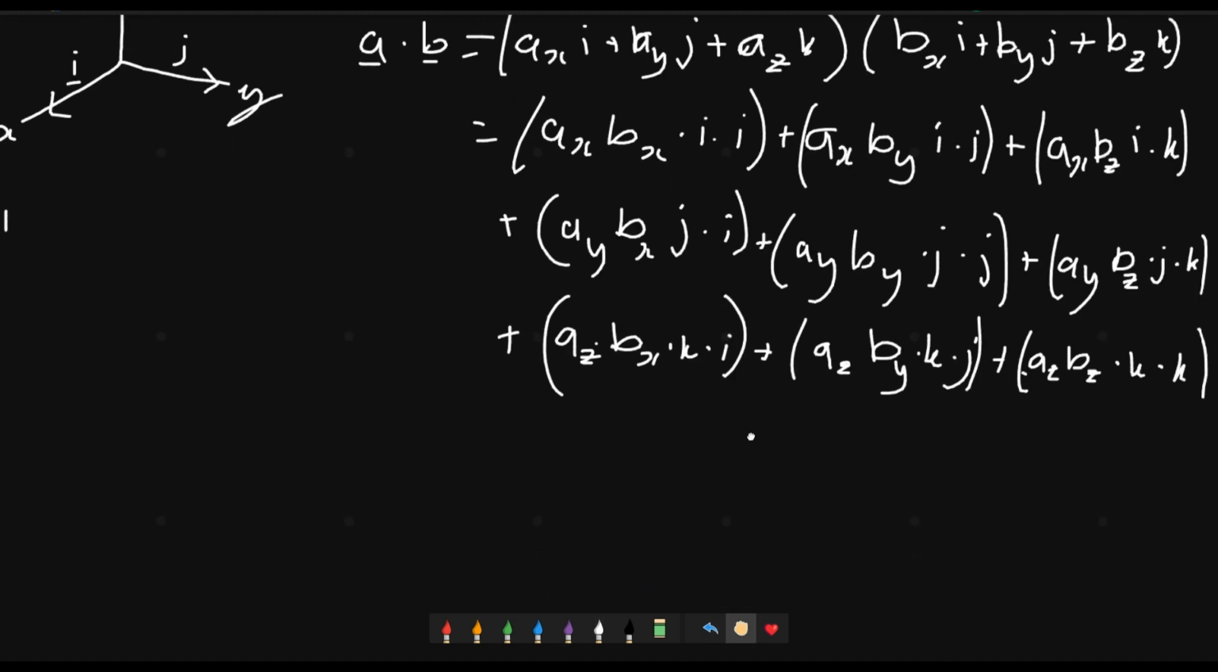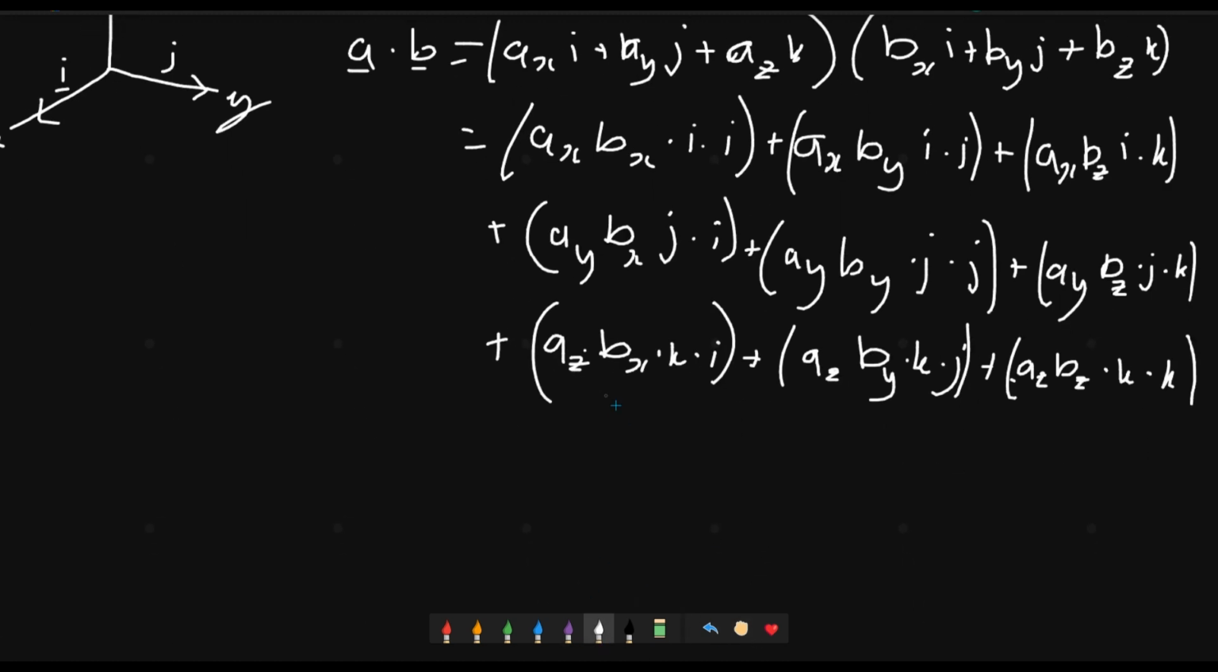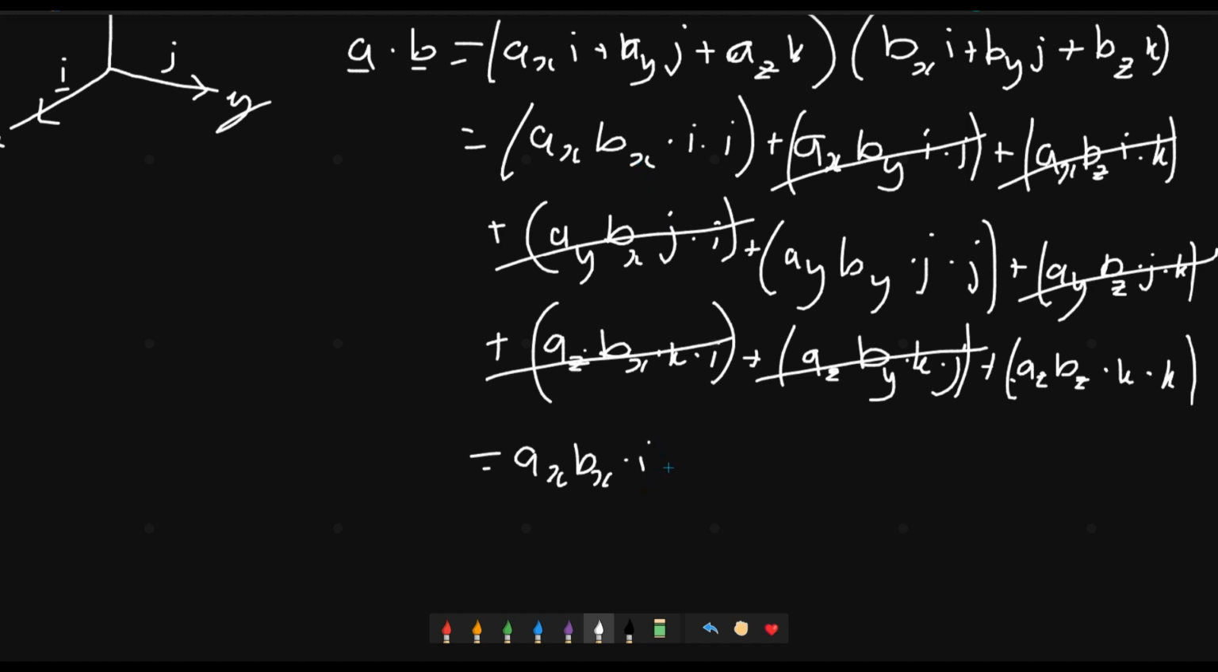Okay, so from this we get that, well, this is going to equal ax bx, because we have two of the same unit vectors, i times i, but here we have i times j, that's going to be 0, so we can ignore that. i times k, let's ignore that, because they're different, they're perpendicular, so they equal 0. j times i, get rid of that. j times k, let's get rid of that. k times j, we can get rid of that as well, and k times i. So we're left with ax bx times i